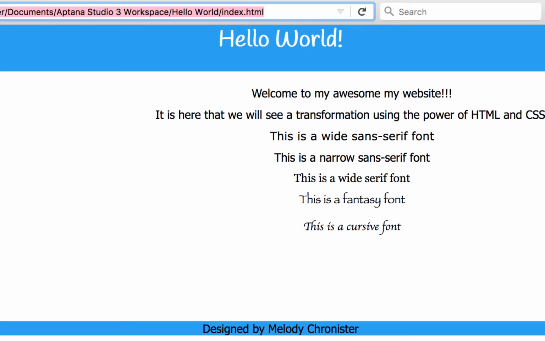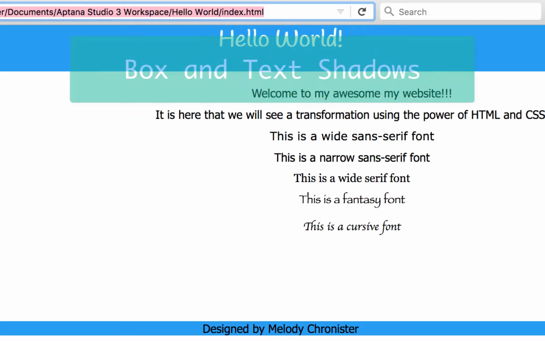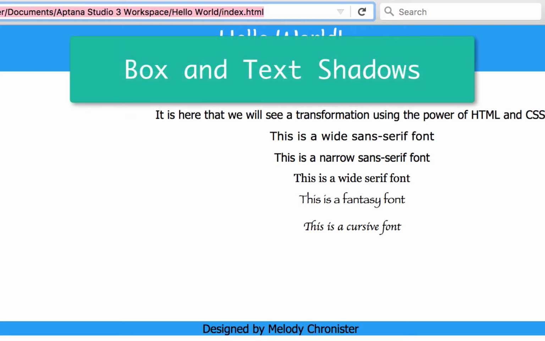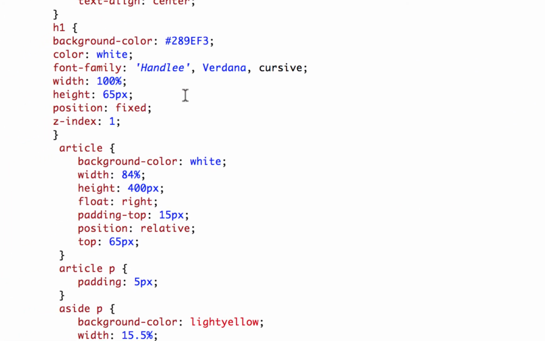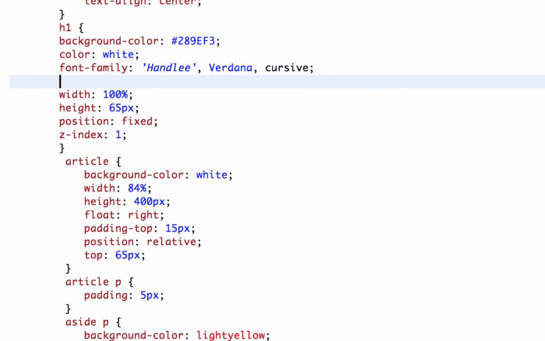You know, that was so quick that I think we can cover something else in this video too. So let's talk about adding a shadow to our header that we just added our really cool font to. So let's go to our code here. And in our H1, underneath where we just put that font family, let's go ahead and hit enter. And then let's type box shadow, help if I spelled it right,